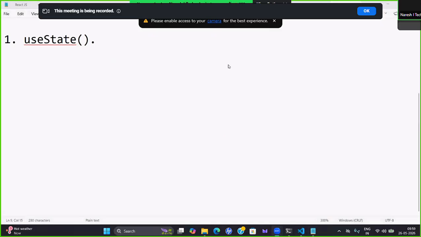Okay, so what is this useState and how will it work? It should work exactly the same as the class-based component state updating we did. There we used this.state and this.setState, everything is fine. Here, how can we work? In that, the first point,